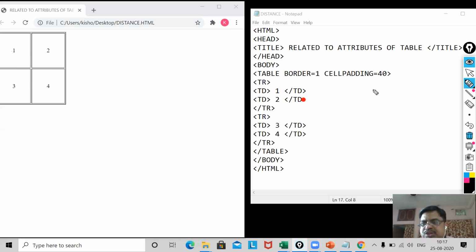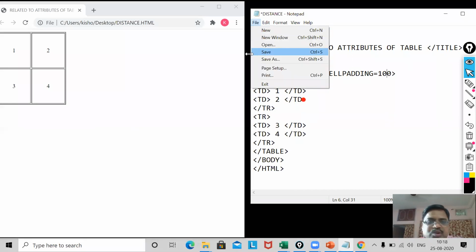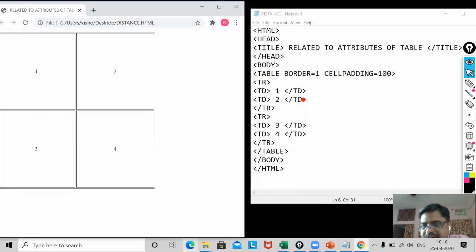Now I'm going to change the value. You see, instead of 40 I'm writing 100. Now it will be more. You see, now it is more. Now it shows that this is now 100